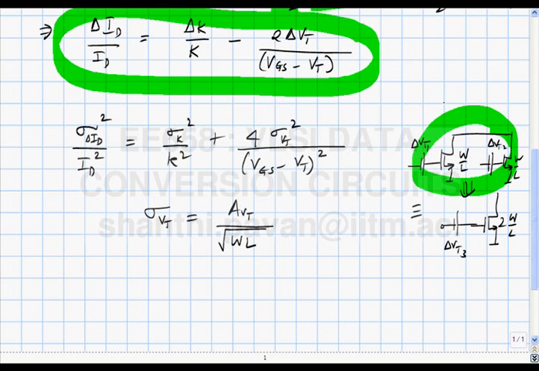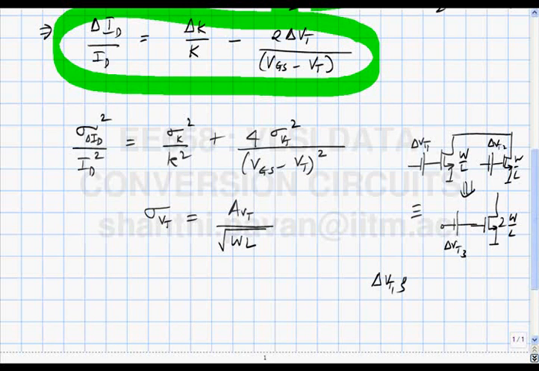These delta VTs cause a change in the drain current, and these two pictures will be identical when the change in the drain current in the lower transistor is exactly the same as the change in the drain current in the upper transistor. The change in the drain current in the upper transistor is delta VT1 times GM, plus delta VT2 times GM, and that must be equal to